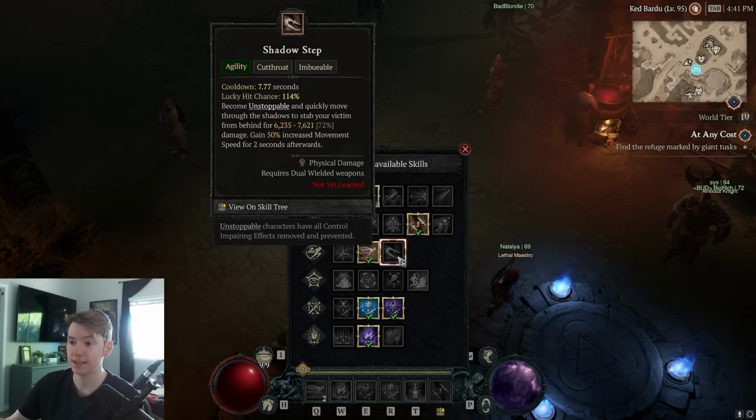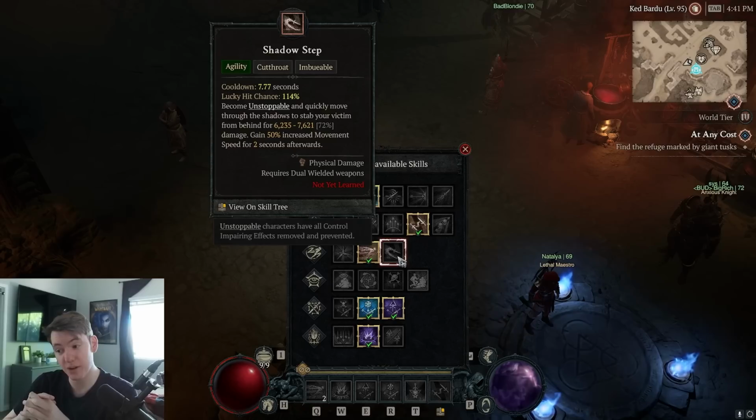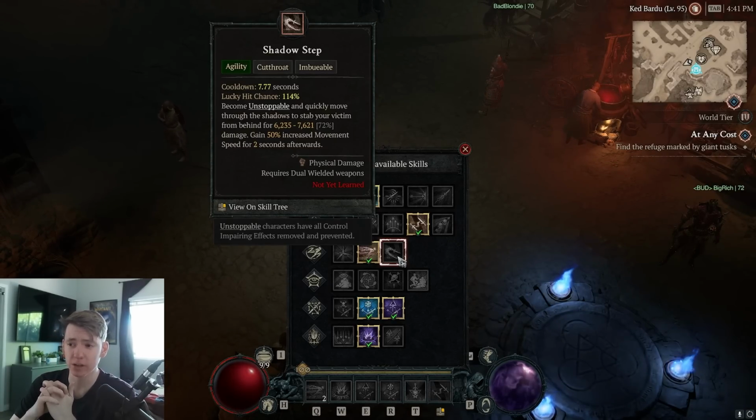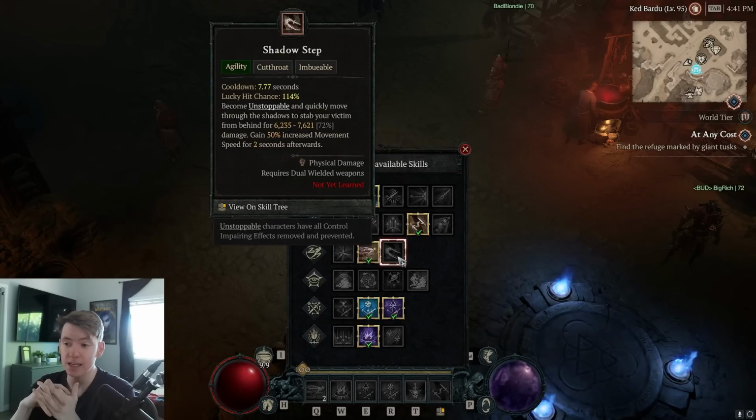What happens if you get CC'd? If you get CC'd, you're not very happy. Unfortunately, that is kind of just how it is. You can mitigate this by having a lot of survivability with the build, and if you feel very crippled